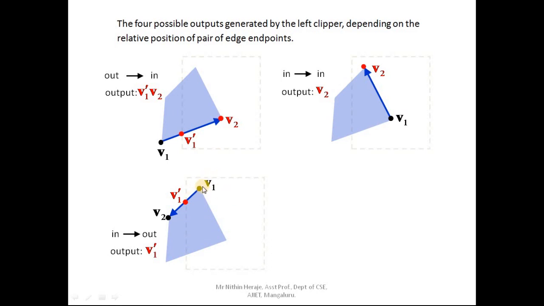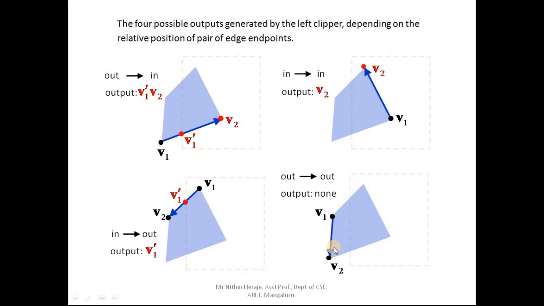Third case is inside point towards the outside point. So that is from V1 to V1 dash, and you have to give the output as V1 dash itself. Okay, just V1 dash. And the fourth case, out to out. So both the points are outside the clipping window, and the output should be nothing because both endpoints are outside